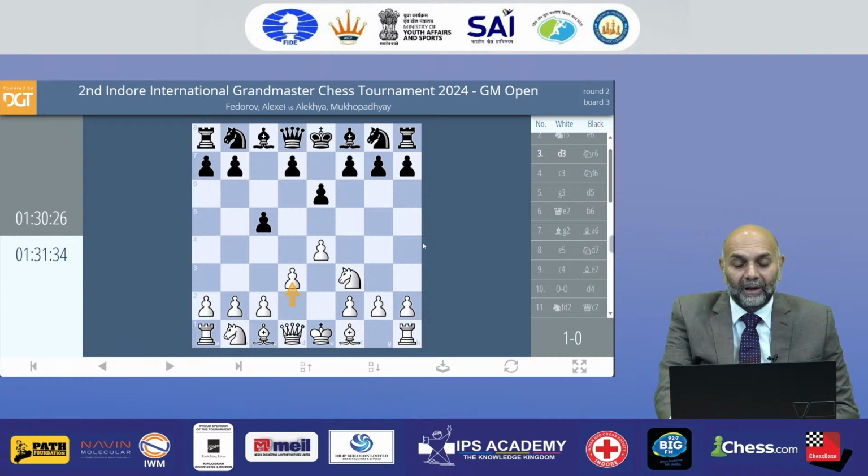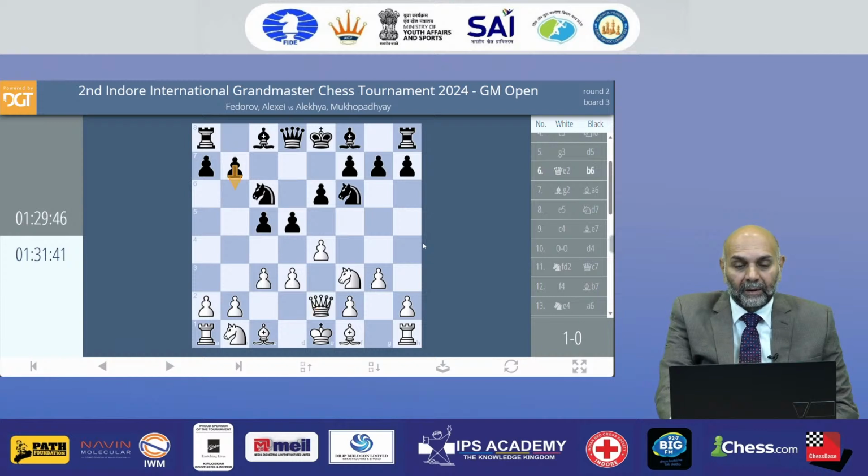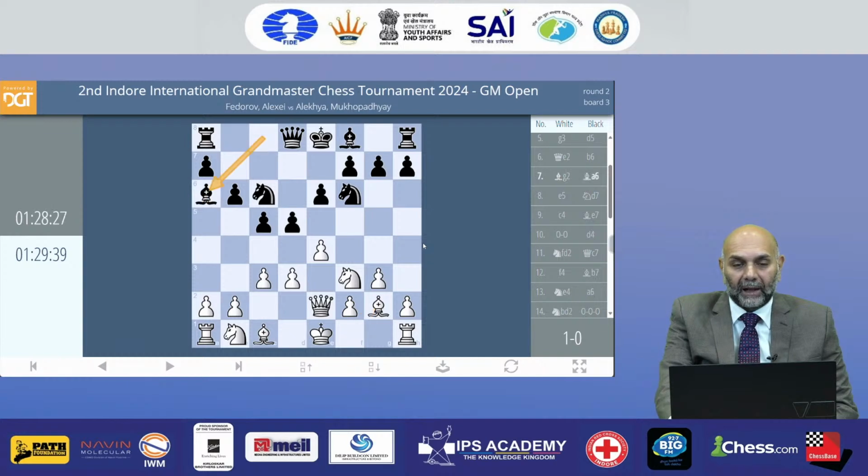The game is likely to transpose into a reverse King's Indian or a King's Indian attack, where White goes for a slower game and hopes to outplay the opponent in a different manner. So we are going at a slower pace of the game. Not a very ambitious opening, but not an inadequate opening. I think Black has equalized.